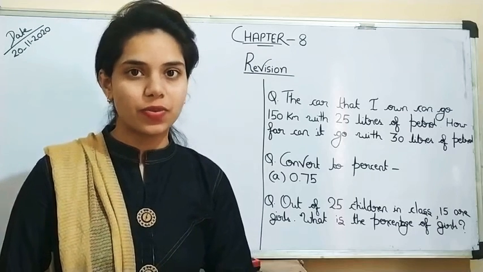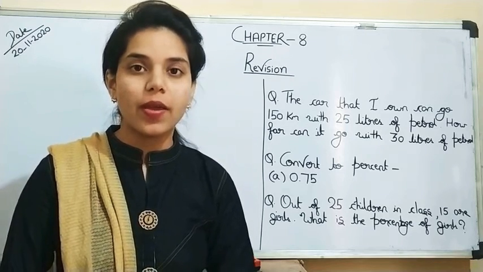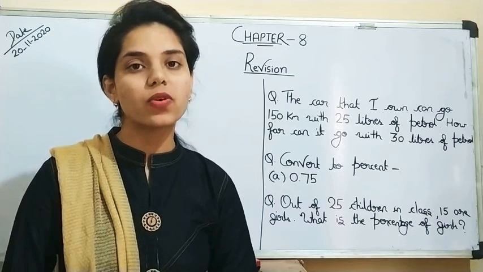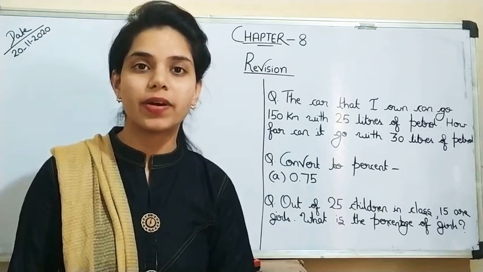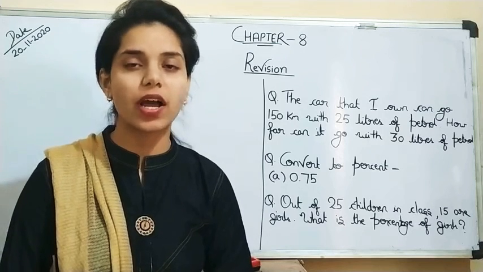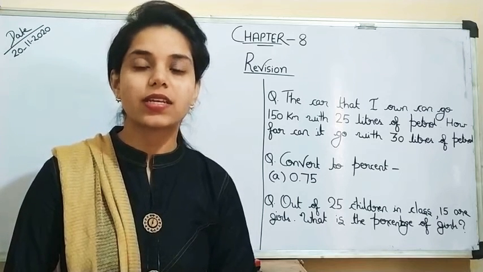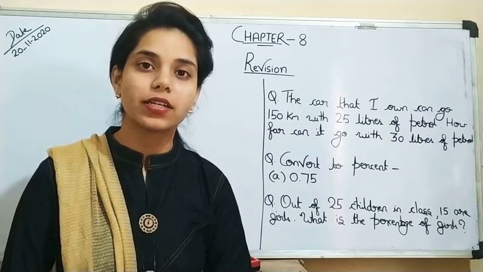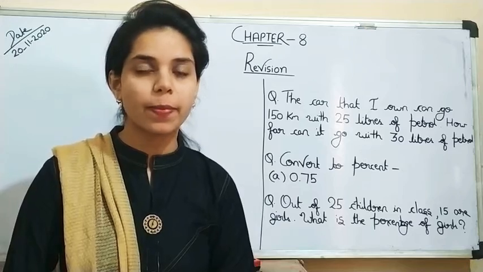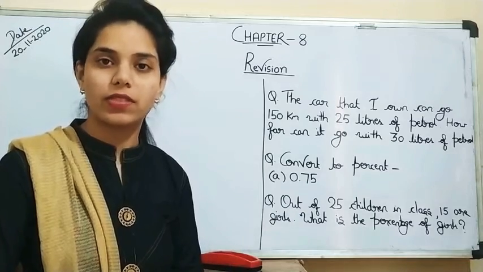To compare any two quantities, we need to convert both quantities into the same units. If a number is given in kilometers, it should be compared with a number in kilometers. We will not compare kilometers with kilograms or grams. So first of all, to compare any two quantities, their units should be the same. Now let us revise some of the questions given in the examples of this chapter.